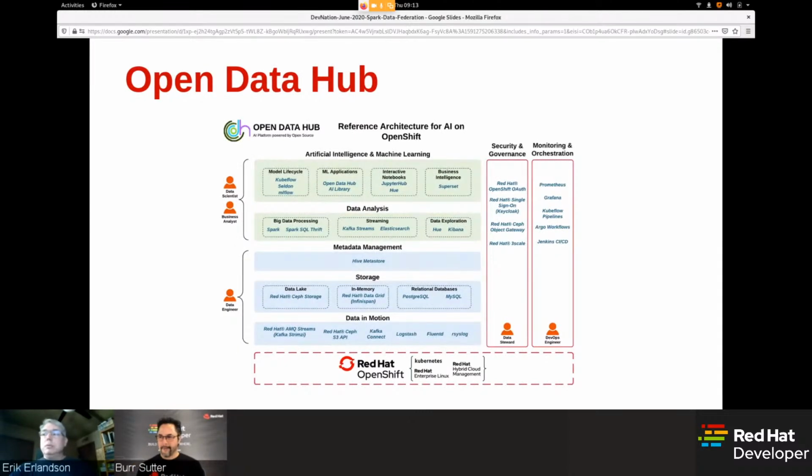So the demo that I'm going to be running is actually constructed on top of Open Data Hub. Open Data Hub is an upstream community that Red Hat participates very actively in, and it essentially functions as a kind of reference architecture for artificial intelligence or machine learning applications running on OpenShift.